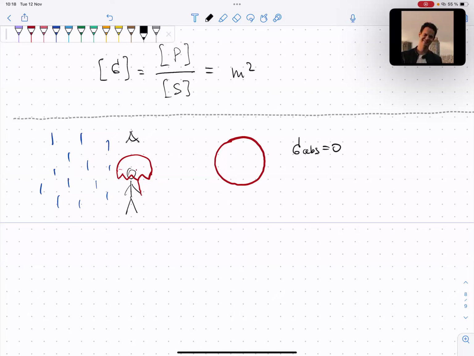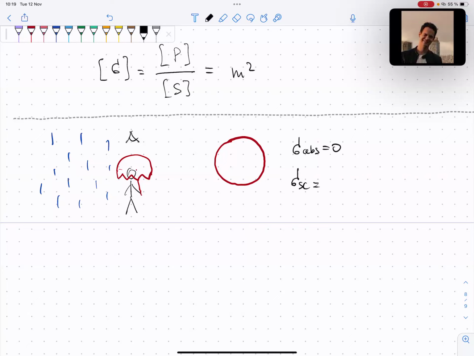In this case, the scattering cross section will be equal to the number of particles incident on this umbrella divided by